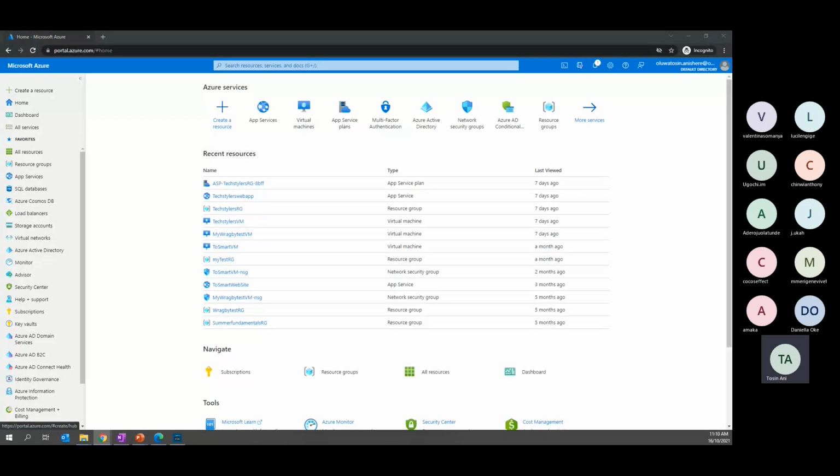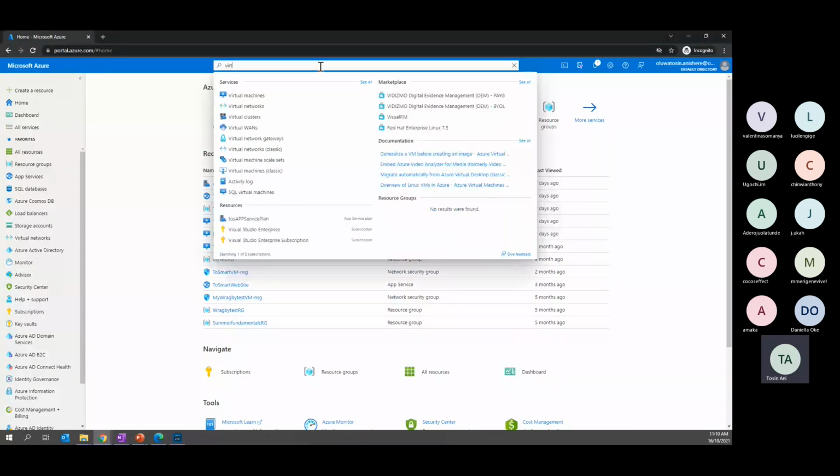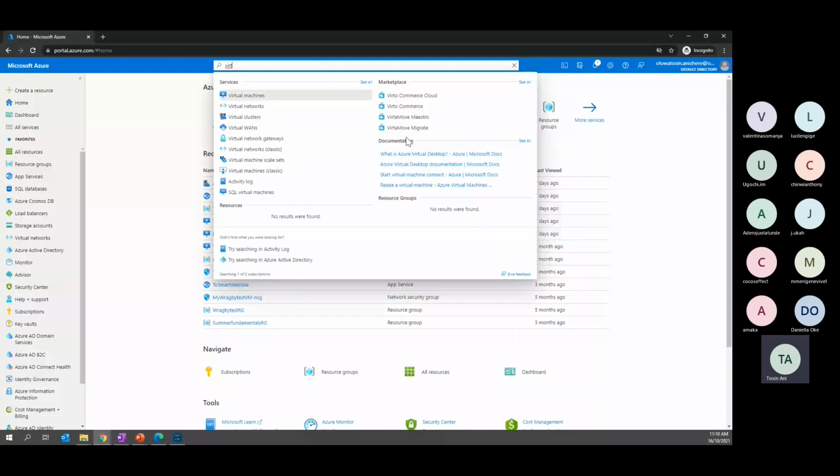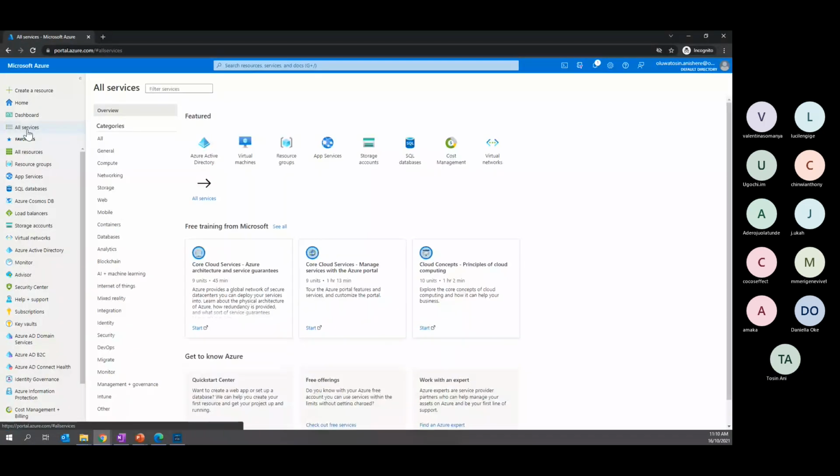Okay, so when it comes to marketplace, let's say I'm trying to search for a virtual machine. Now you would see here services, and you would see the marketplace for this service. Let me go to all services first of all. Now, these are all the services. I'm sure I talked about this earlier. These are all the services in terms of categories that we have. And now, this marketplace that we talked about last